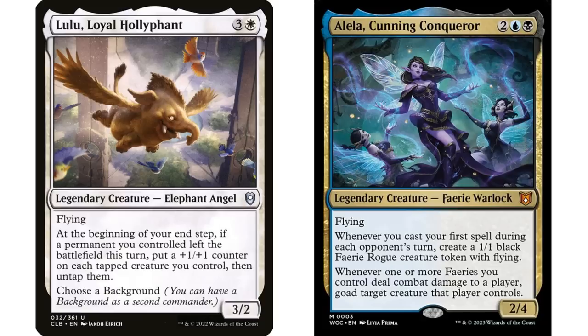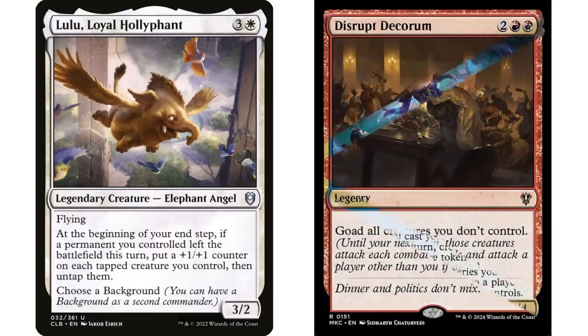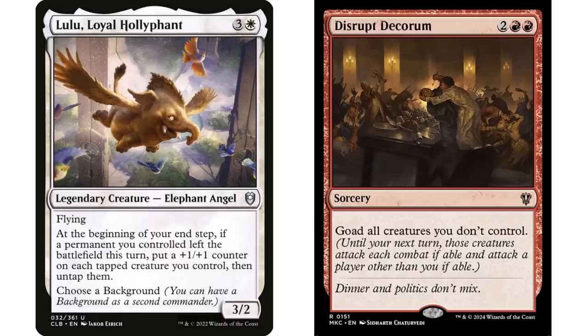And I was so glad to accidentally find out that my Lulu deck is really, really good against a goad deck. Why? Well, of course, creatures that are tapped can't attack, and if you're playing any of those tapping, untapping themes, this is a really easy way to get around it, right? Obviously, in that deck, I have a lot of ways to tap down my creatures because I want them to be tapped. So if someone has cast a Disrupt Decorum and goaded all my creatures, okay, well, on my turn